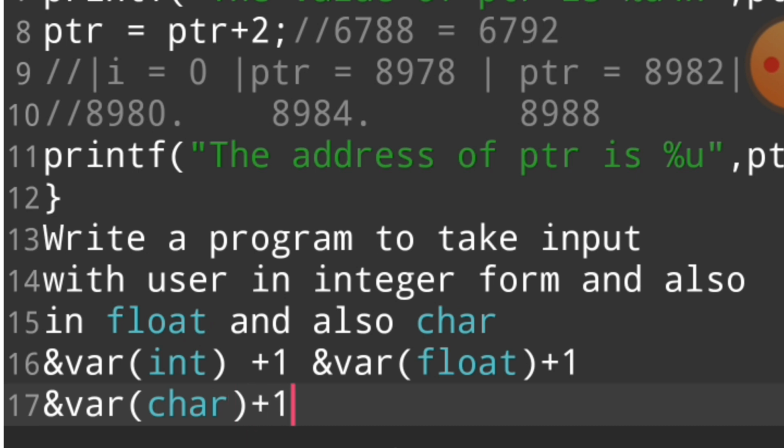This is a very simple and very easy program, with integer form and also character and also float.